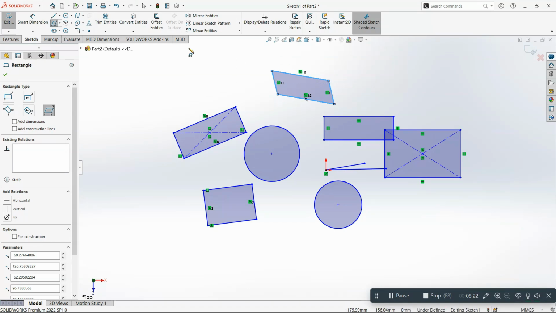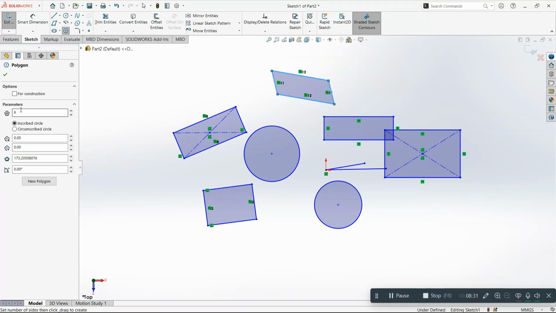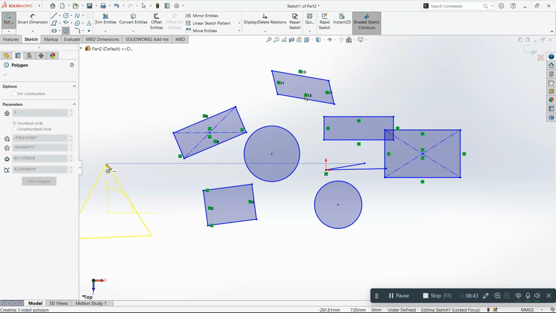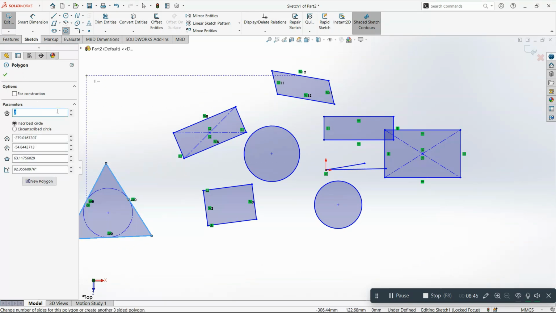So next is the Polygon tool. The Polygon tool allows you to create shapes with more than 4 sides. Click on the Polygon tool and we get an option here in the left dialog box of parameters, that is the number of sides. If we set it to 3, we get a triangle, but if we set it to 4,